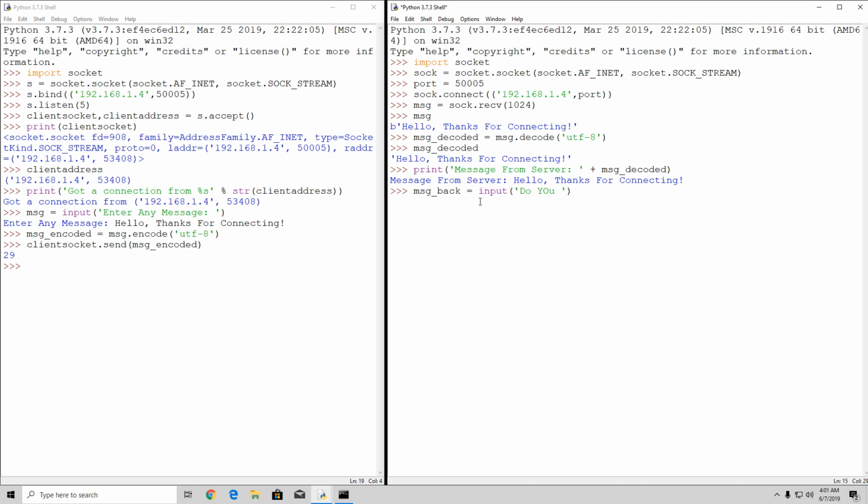"do you want to respond, pardon me, to this server?" And then we'll leave the actual input open, so we can specify "yes, thank you for letting me connect!", press enter, and we can see we created message_back, which stores this string. Now in order to send it, we need to perform the same steps just in reverse as we